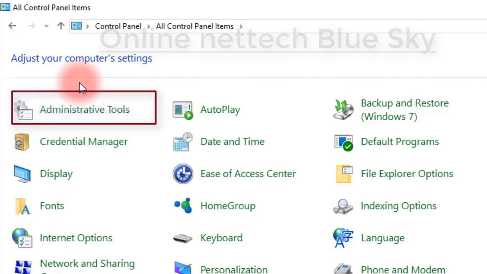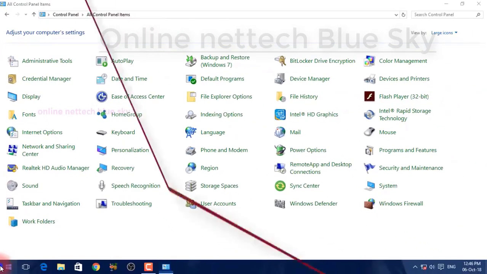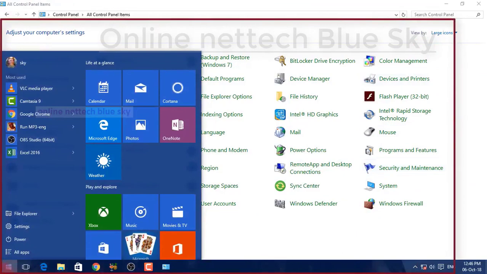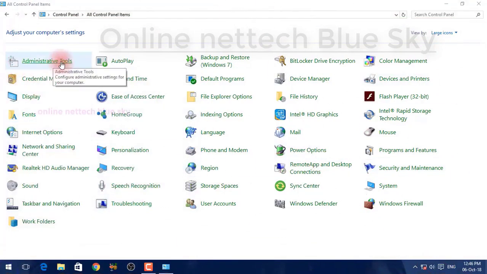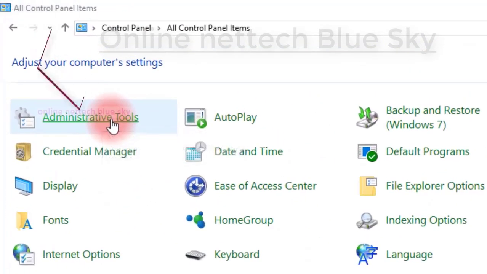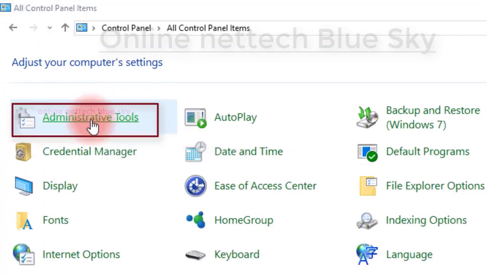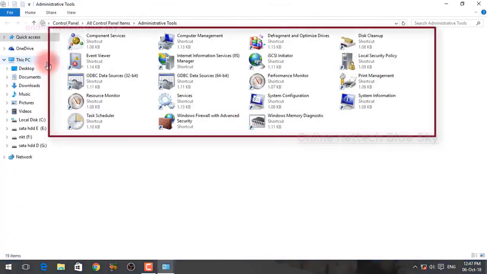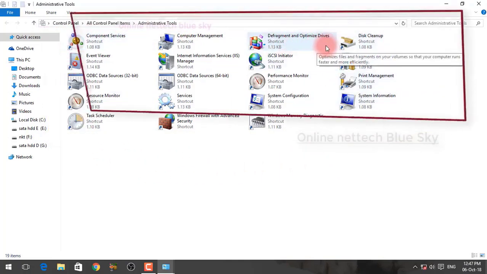So you are using a laptop or desktop, anything, but you install Windows 10, Windows 7, Windows 8.1, Windows anything, any Windows operating system, Windows 2003 or later. This is about 98% the same setting everywhere. So click on Administrative Tools, and I'll first discuss this. You can see every option available in Administrative Tools, and these options are always different from other options.